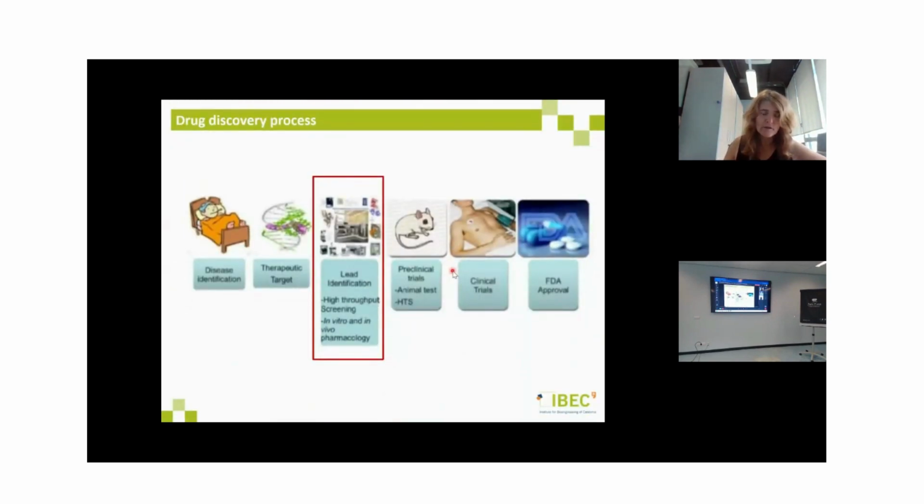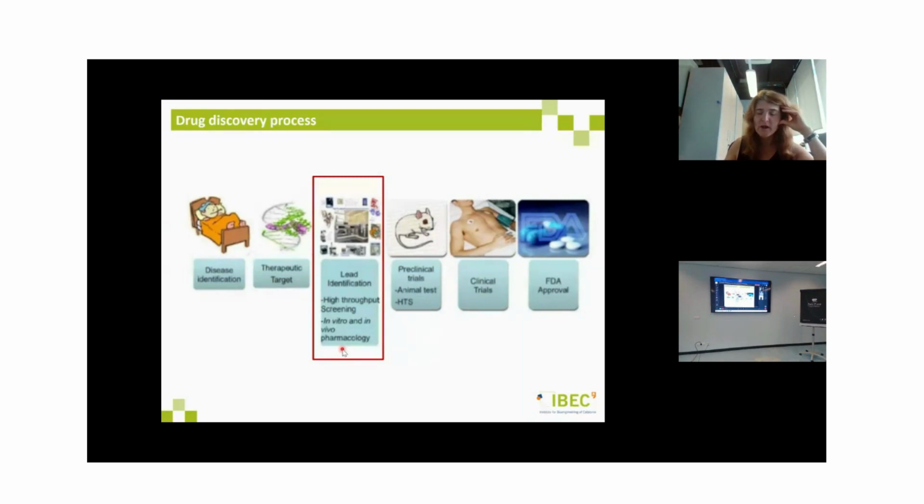So if we look at the drug discovery stages, from the disease identification to the therapeutic, to define the therapeutic target, we can also start at the therapeutic target to use organ-on-a-chip systems, because we are usually working with 2D culturing of cells that are not so close to mimicking the real behavior. And the main step where we can introduce advantages with the organ-on-a-chips is in the lead identification,